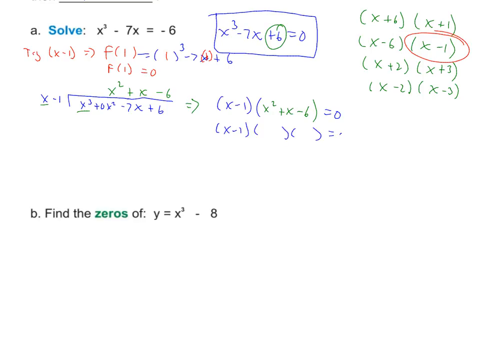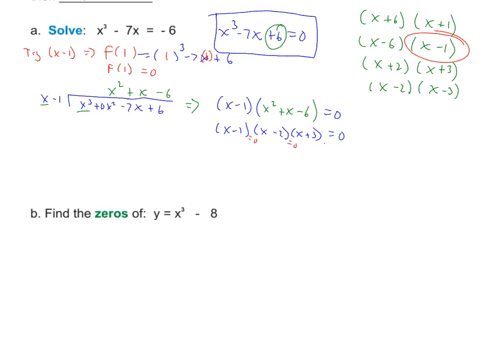Two parentheses, right, trial and error on the trinomial. Factors of x squared are x and x. Can you get a negative 6 to produce a positive 1 in the middle? You can if you do a positive 3 and a negative 2, right? That gives you the outers and inners to add up to the positive x, and we know we have the right thing. Now remember, to solve or to find the zeros, you have to set each one of these equal